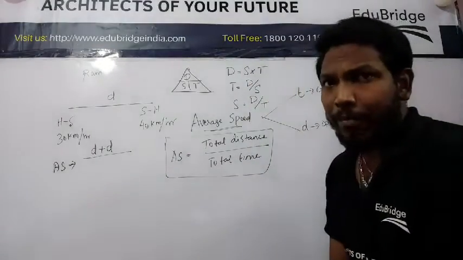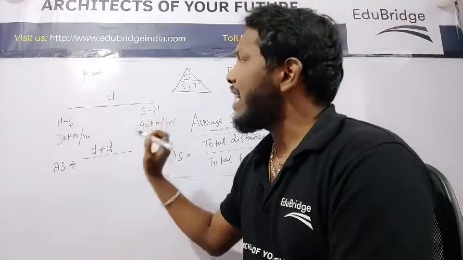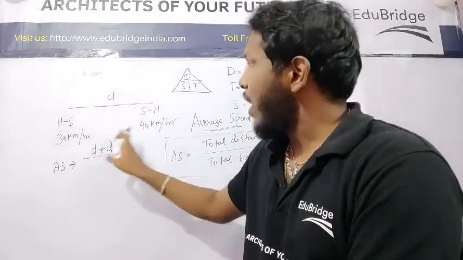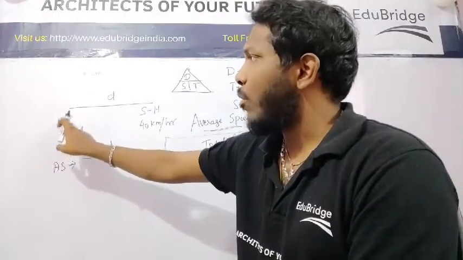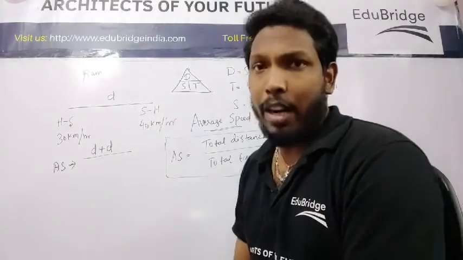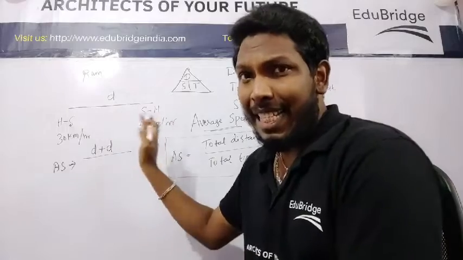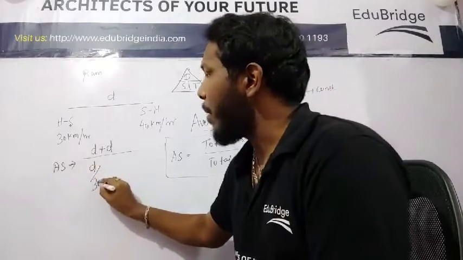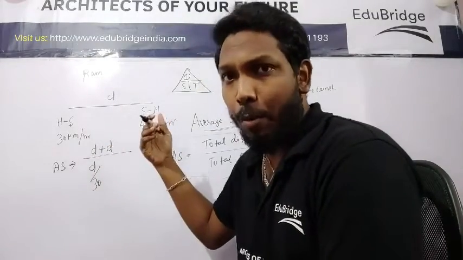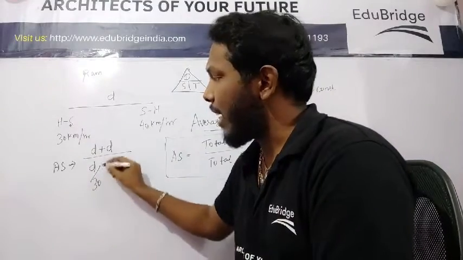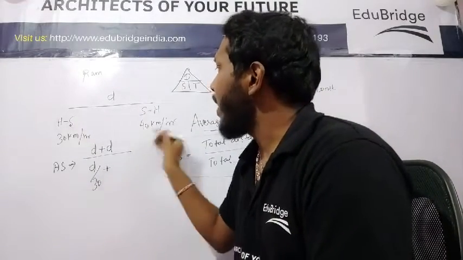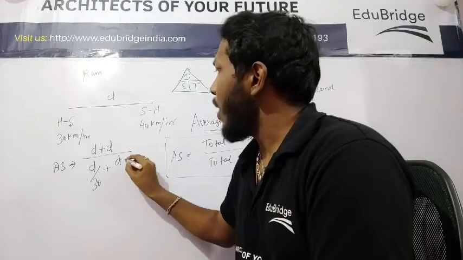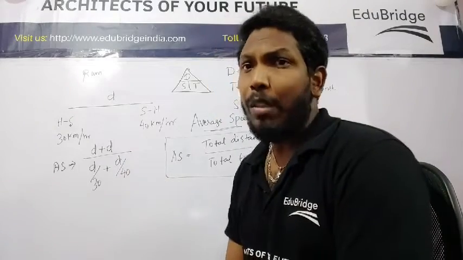distance by speed. So now what I can do is substitute D by S over here. I have 30 km per hour from home to school and 40 km per hour from school to home. These are speeds, right? So D by 30 km per hour: in the morning, traveling from home to school, he travels at a speed of 30 km per hour. But when he comes back home, he travels at a speed of 40 km per hour. So D by 40. So now what am I going to do?